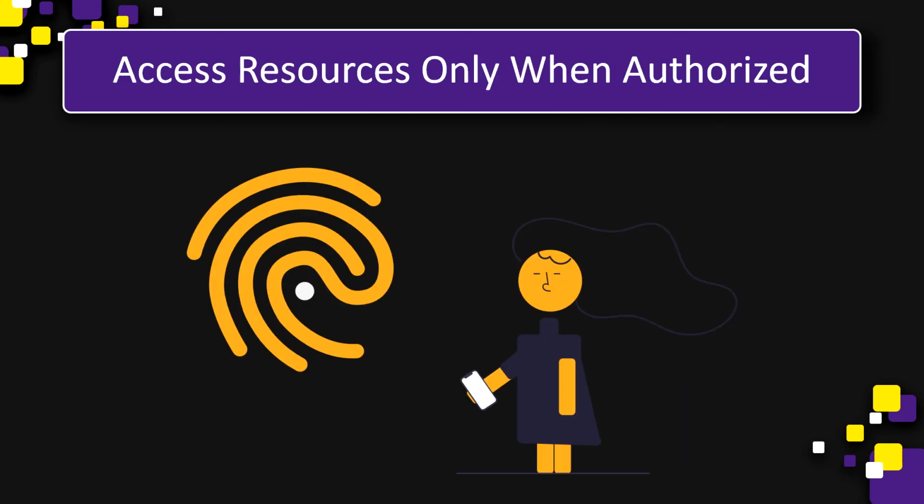Next, access resources only when authorized. So this means don't access either hardware resources or software resources when you're not allowed to, but also access the appropriate documentation when you are authorized to do so. This is really important, particularly for folks who are going into the cybersecurity field, as you'll have access to a lot of documents that maybe you don't actually need access to, or because you'll be working with military institutions who have a lot of confidentiality agreements in place.